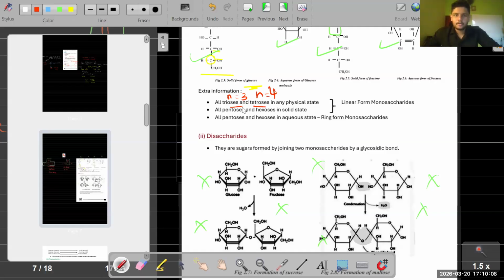All trioses and tetroses in any physical state, it can be liquid, it can be solid, right? These ones and all pentoses. Pentoses means n equals 5. Very good. Hexoses means n equals